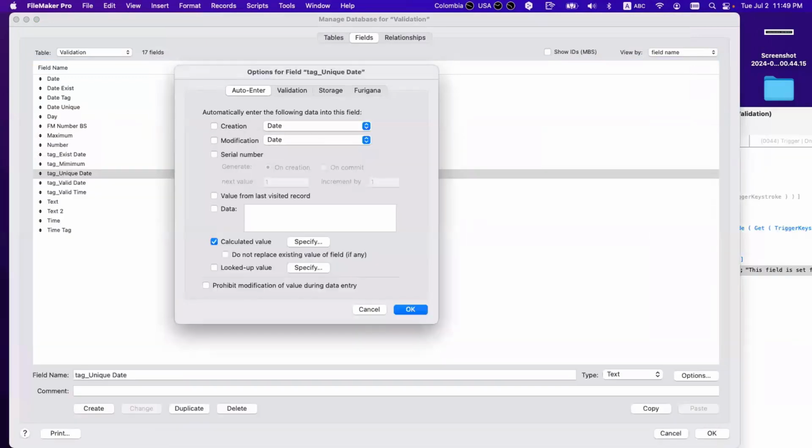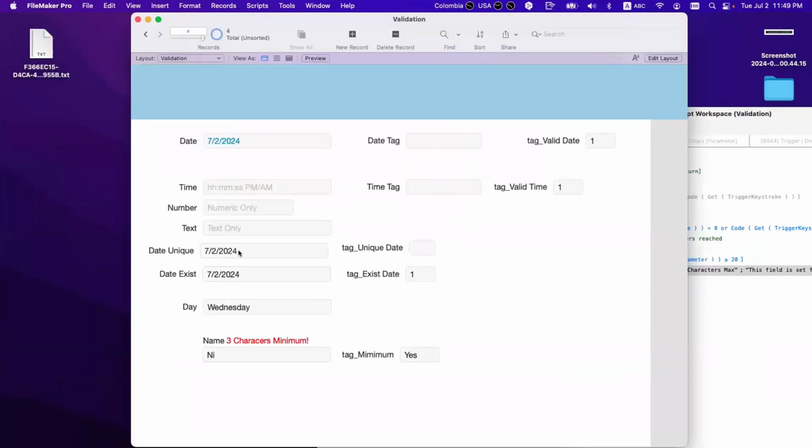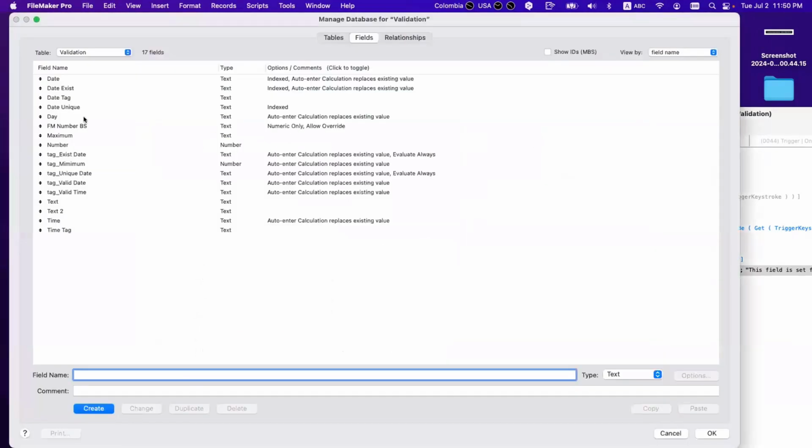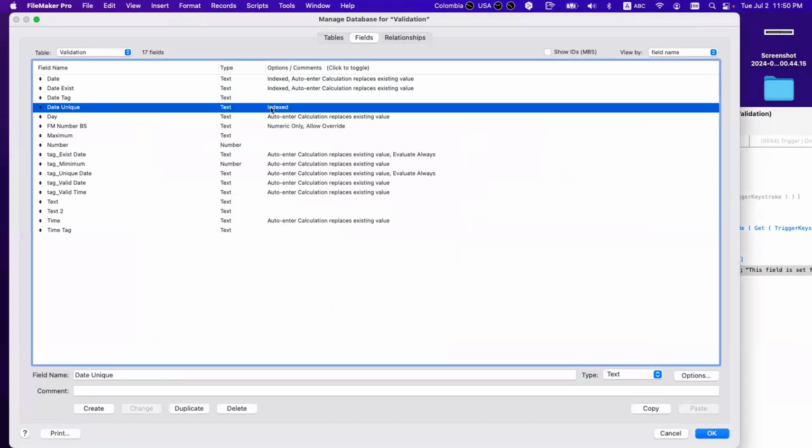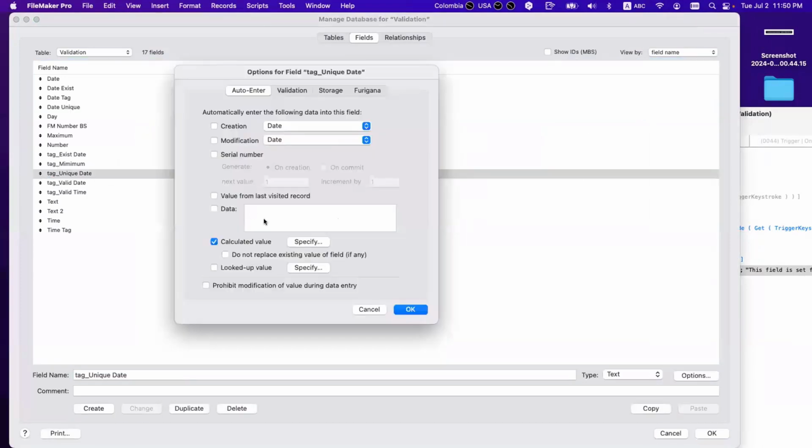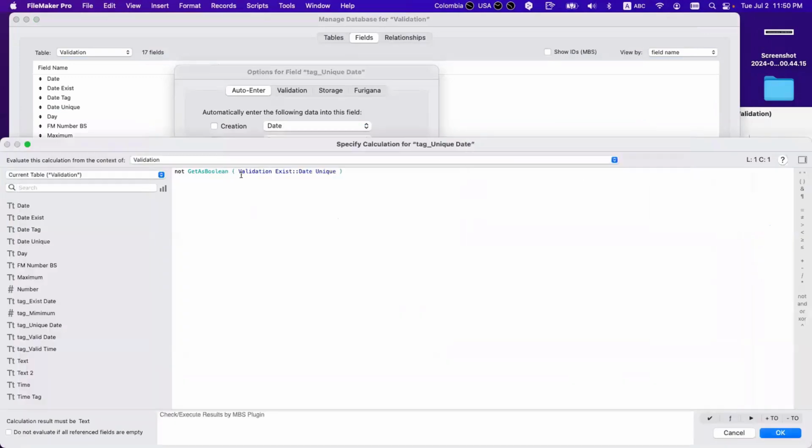See, you need to point to this field. Okay, so if I say, why does it work? Date unique, okay, and the tag unique exist, validation exist, date unique.